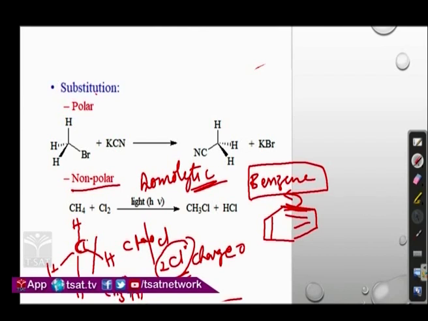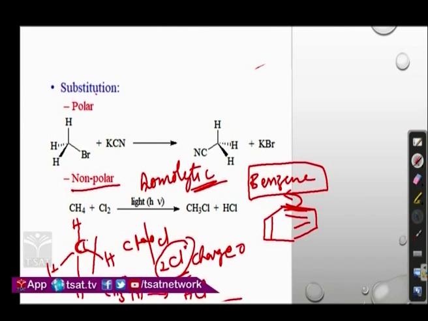After the formation of the methyl radical and hydrogen radical, the hydrogen radical will be a little faster because of its smaller size, so it is going to bind with a Cl radical, so that it forms HCl. This reaction will be in chain fashion, so a chain propagation reaction is going to happen.